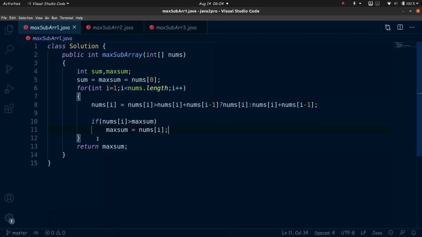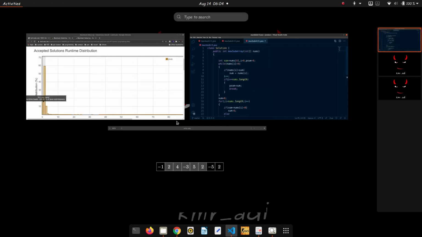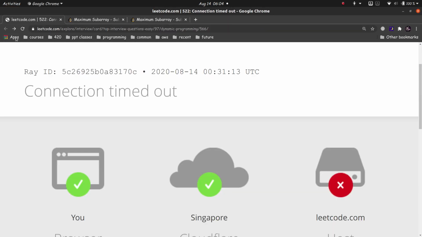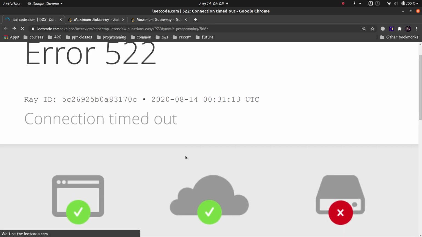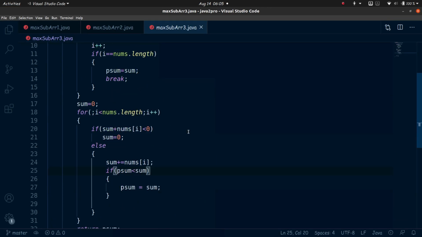So yeah, let's get to the point. So this is the solution. Now here we take the problem and see it differently. Now let's hope that the problem has been resolved by now. It is a long video, 15 minutes, and I don't know what's wrong with this server, or if the problem lies with my network. Okay, we don't need to worry about that. We have got an example here.